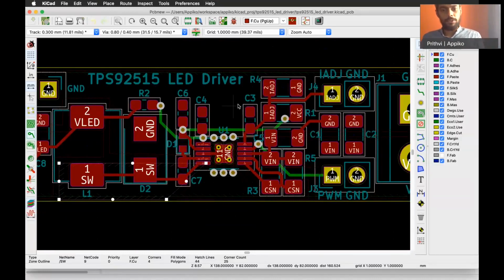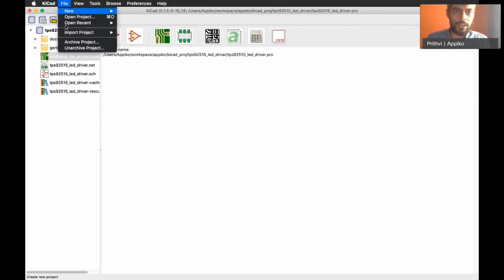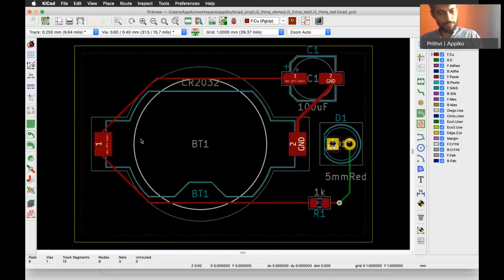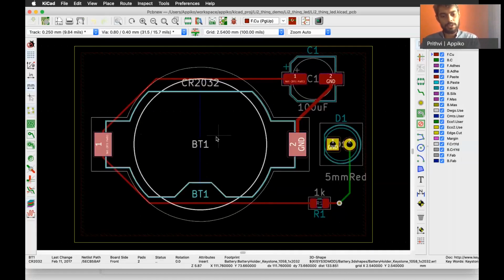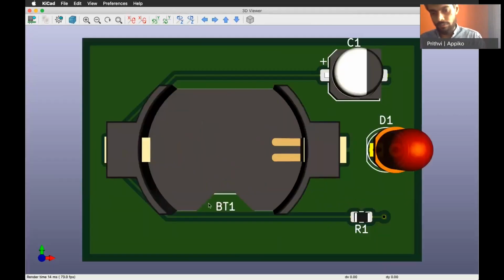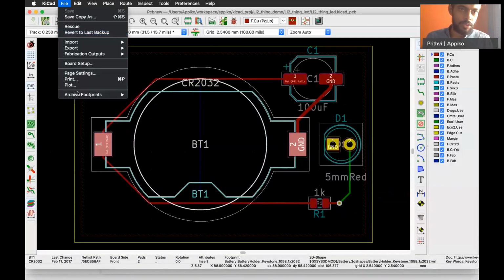So now finally what we're looking at is we will generate the Gerber files, which are the output design files for the project that we created right at the beginning. I guess all of you remember this particular design that we made. It's a two-layer board that looks like this, and we have a battery, capacitor, LED, and a resistor. So we'll generate the Gerber files, which are the output files for a PCB design. For that, we'll go to plot.